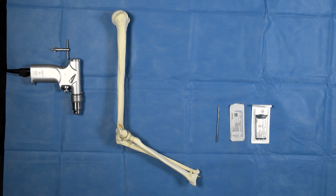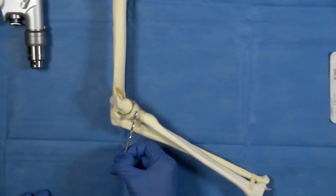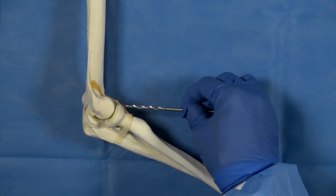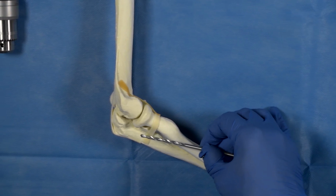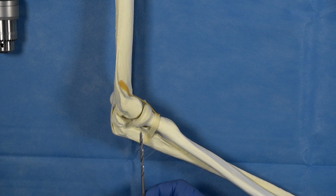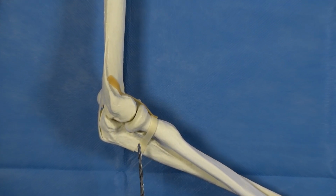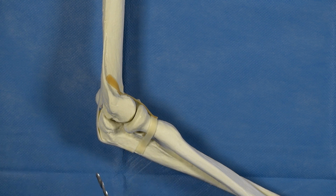It's important to understand the anatomy of the lateral ligament, which has several elements to it. You have the radial collateral ligament, which goes from the lateral epicondyle to the annular ligament, which travels around the radial head from the supinator crest on the lateral side. There's the lateral ulnar collateral ligament, which goes from the lateral epicondyle to the supinator crest, and again blends with the fibers of the annular ligament. And there's an accessory lateral ulnar collateral ligament as well, which is really just a continuation of this sheet of